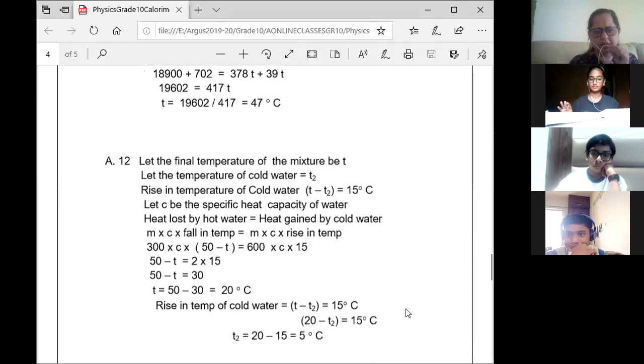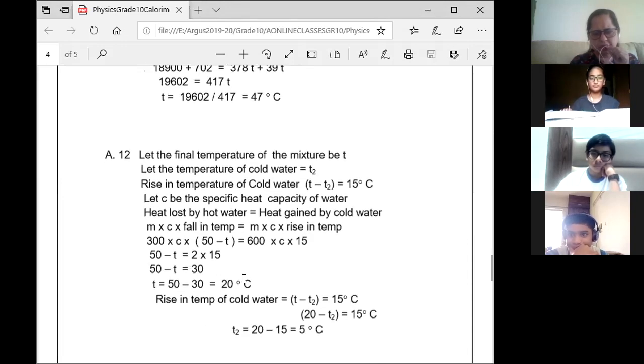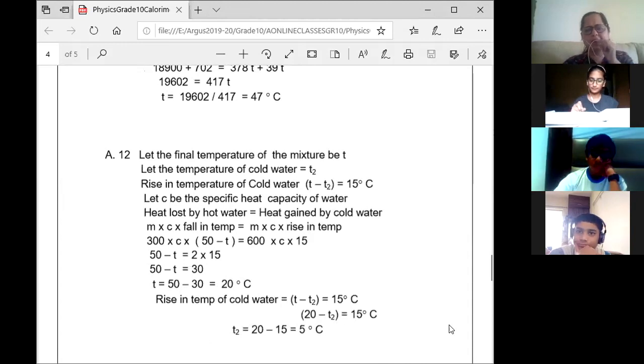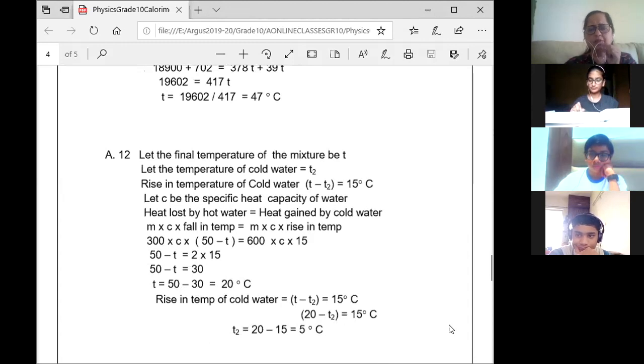So I have already got the equilibrium temperature of the mixture, that is 20. So 20 minus T2 equal to 15, right? So T2 will be equal to 20 minus 15. So that is 5 degrees. So what was the initial temperature of cold water? It was 5 degrees Celsius. Go through it step by step. I know the numericals are difficult. That is why I took the chapter, because if the difficult chapter is done, then slowly you can practice the numericals. Go through the numericals step by step. You will follow it easily.